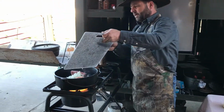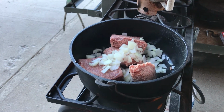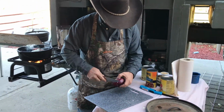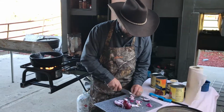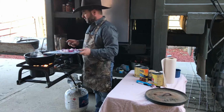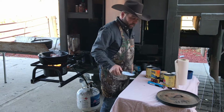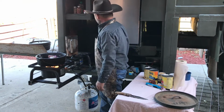Drop them in there. We'll cut up a little bit of this red onion and be on our way. With the recipes and that, I kind of make up my own thing. Which is good, but the bad part about it is you never can remember what you had in it